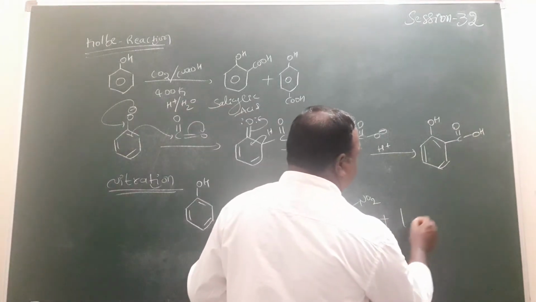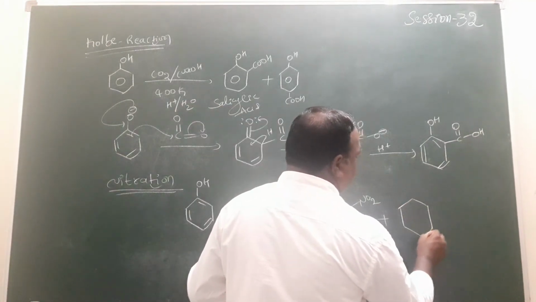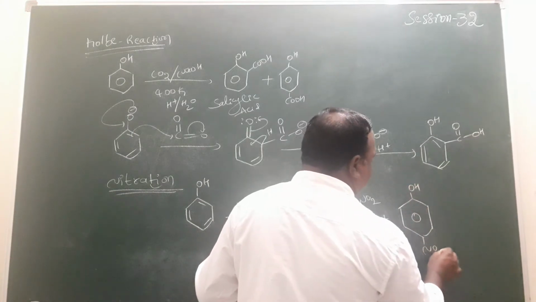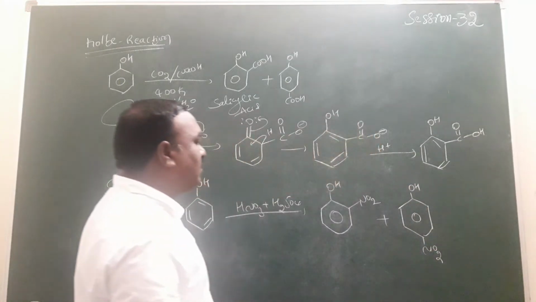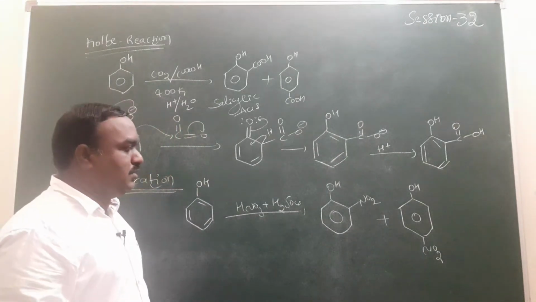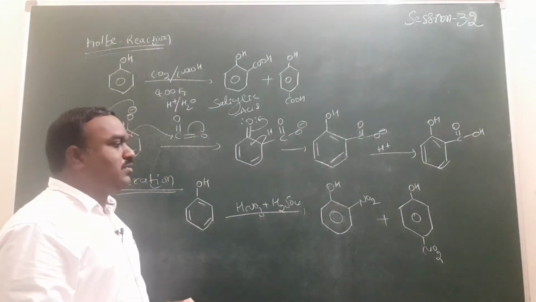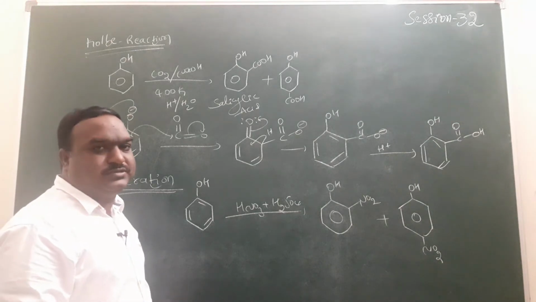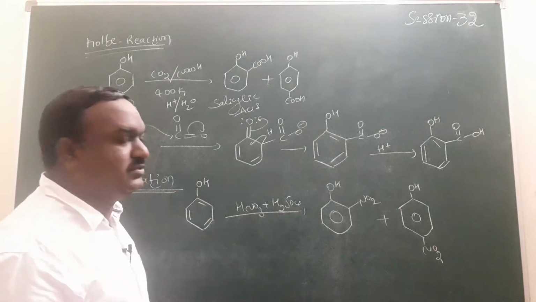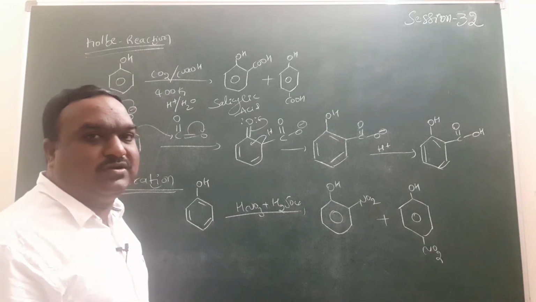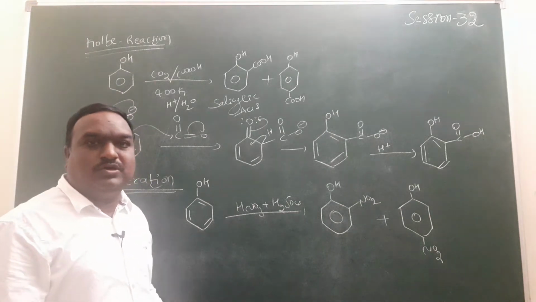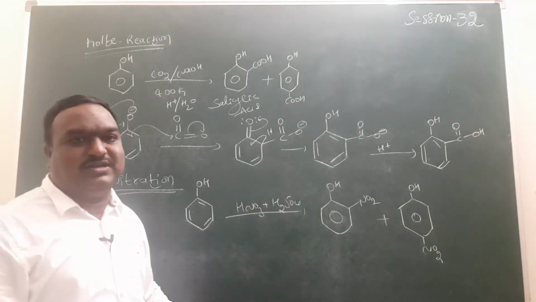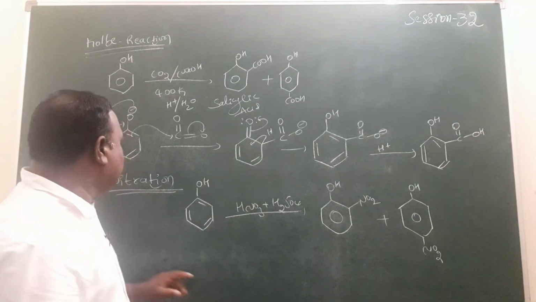Again, at the para position, ortho-nitrophenol and para-nitrophenol are formed here. Remember, the amount of these compounds is very small in this reaction due to the presence of the OH group. So next,